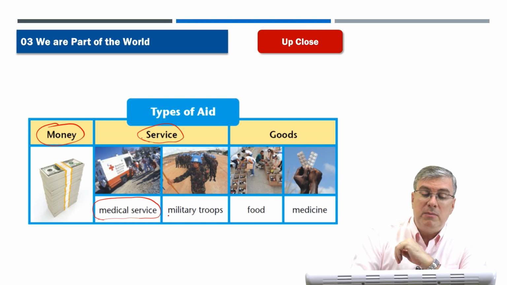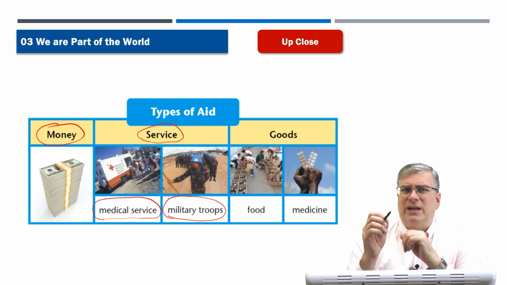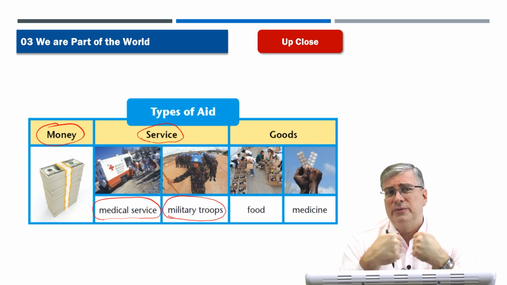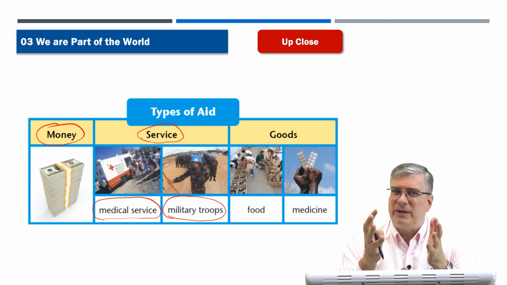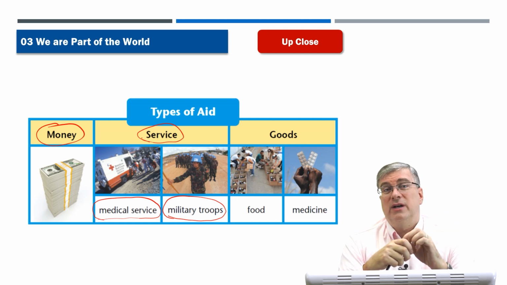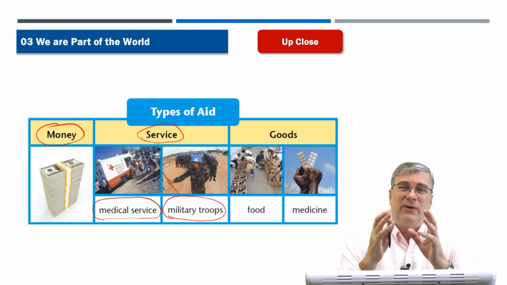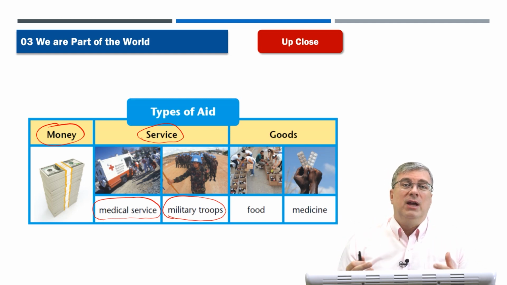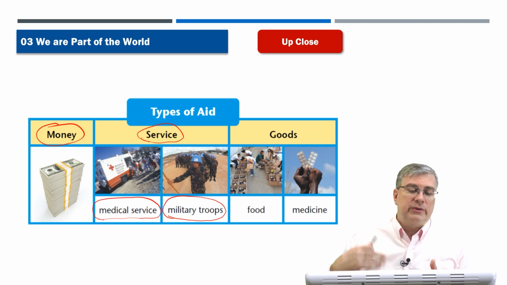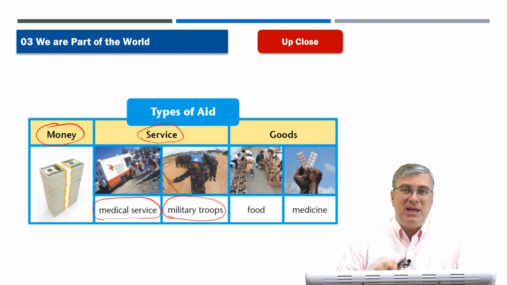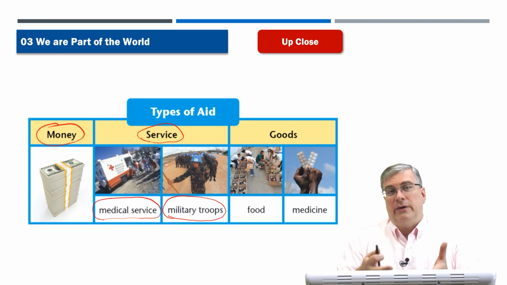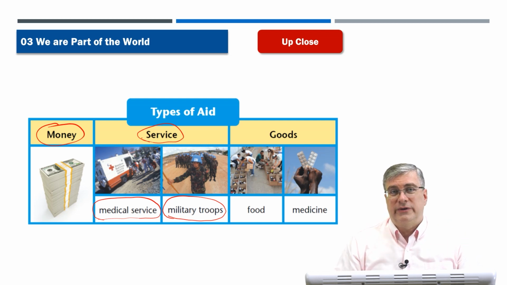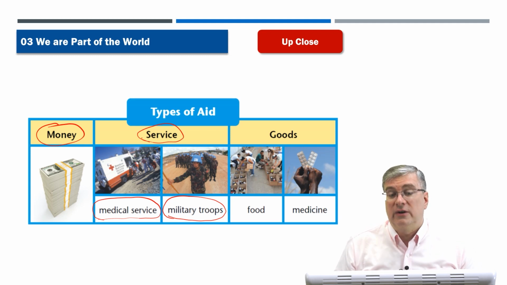They might also send military troops, especially if there's an area of the world where two groups are fighting and there's no real government to control the area. Unfortunately, some regions of the world are like that. There's a very weak or no government. So the people living there really have no protection from bad people in their community. So other countries will send military troops to help keep peace and act like policemen until that region can develop their own police force and military to keep the peace in their own community. So those are types of services.